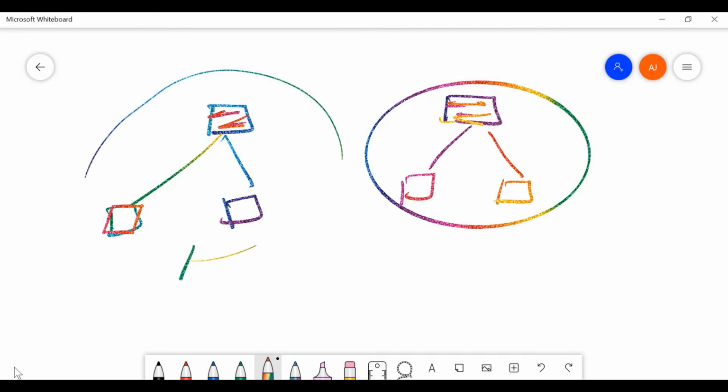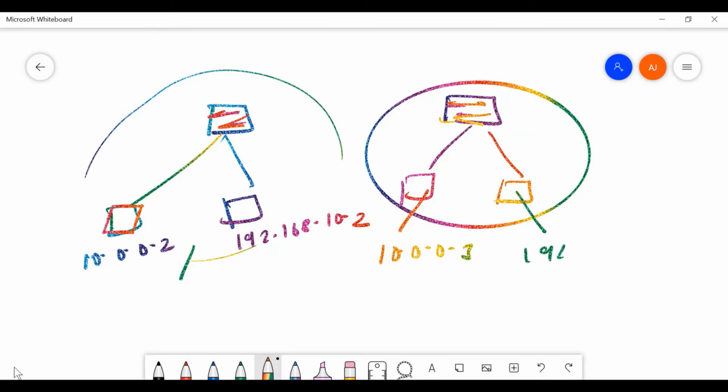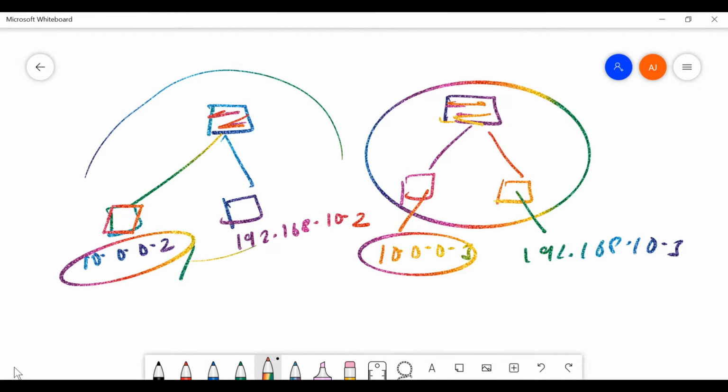having different IP addresses. For example, the IP address of this PC is 10.0.0.2 and this PC is 192.168.10.2. Similarly, the IP address of this PC is 10.0.0.3 and this PC is 192.168.10.3. So you can see that this belongs to one network and this belongs to the same network, but they are in different LANs.